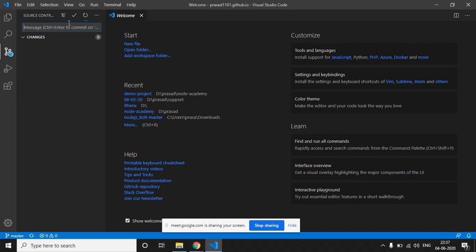It is taking longer time, I think, due to some network issues. Sorry for that. This will show a loading sign for pushing the code or doing anything on the git side.